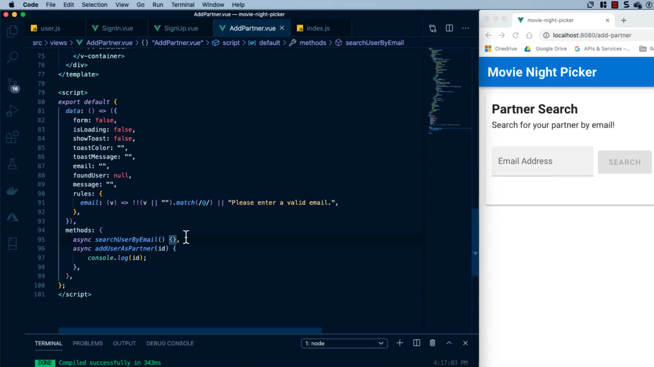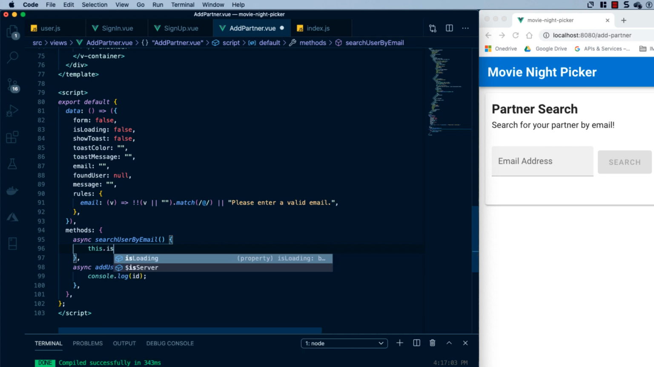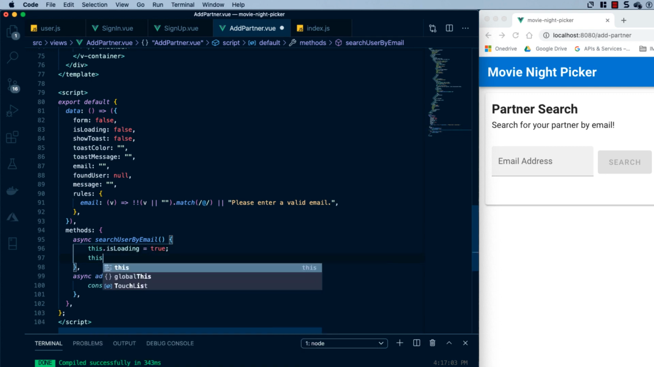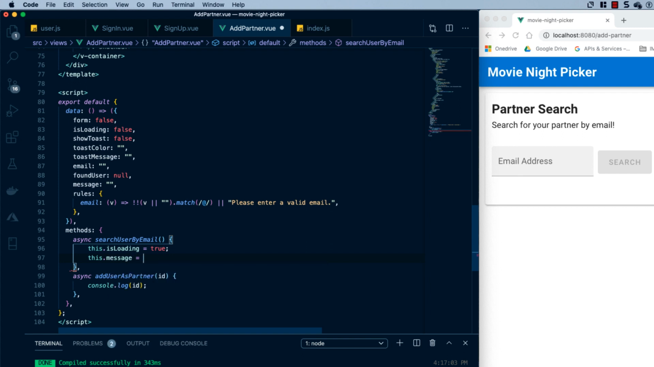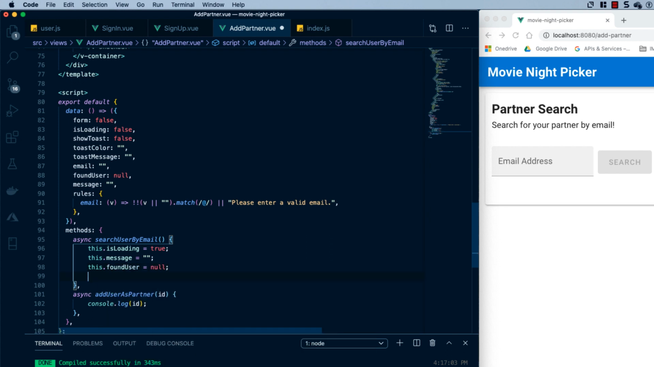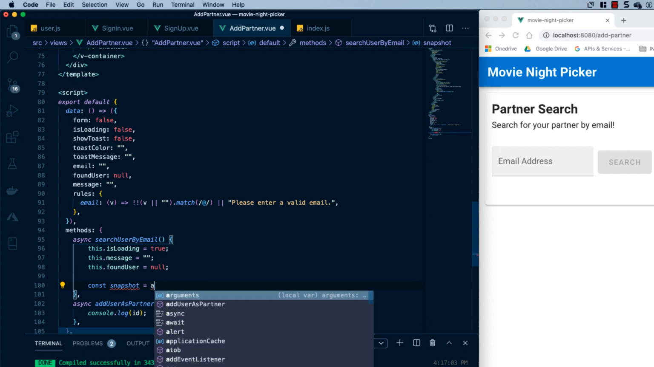So what I'm going to do is come down here, and first we're going to say this.isLoading, and we're going to set that equal to true. So our overlay displays. Then we're going to say this.message equals a blank string to clear it out every single time, and we'll say this.foundUser equals null, so we clear the user every time. Then we're going to say const snapshot equals await